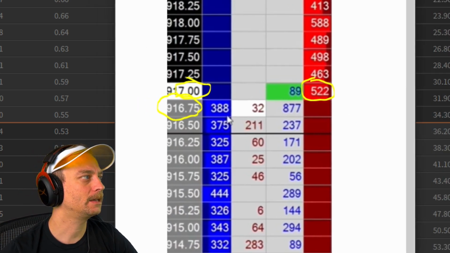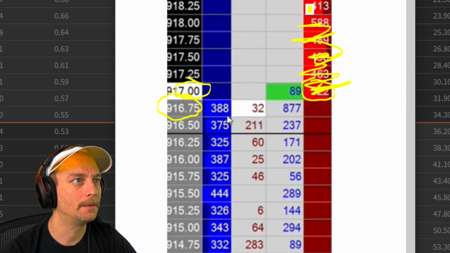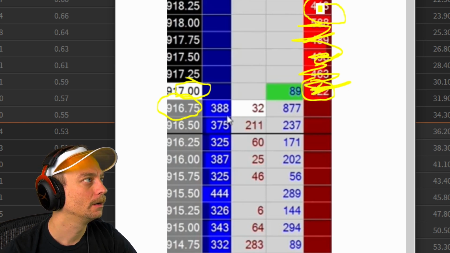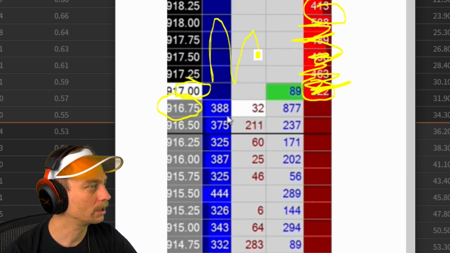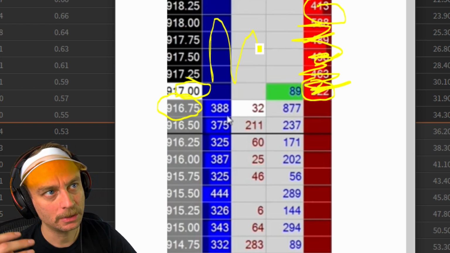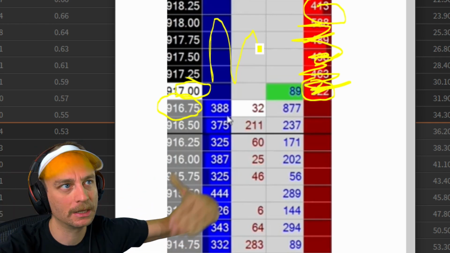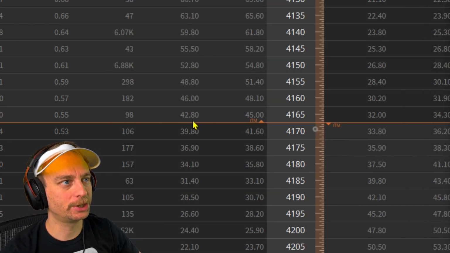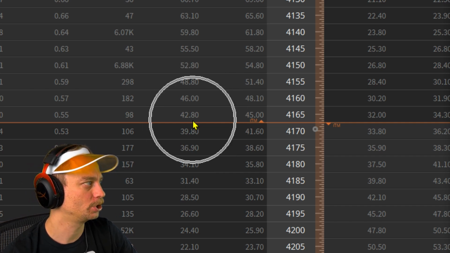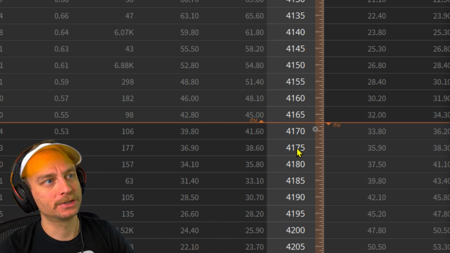So that's kind of like the equivalent of the offer. Like there's nothing here on this DOM, right? Pretend there's nothing here on this DOM. That's like the offer is up here, way up there, and the bid is way down here, and there's nothing in between. That's a spready market. Stocks, penny stocks, crypto, they get real spready, whereas futures, the bid and offer tend to always meet, and they're always one tick above each other. Not on options. And again, this isn't your Q position. This is what you're actually paying for this. It's still a bid, but I'm paying $4,280 versus 45.